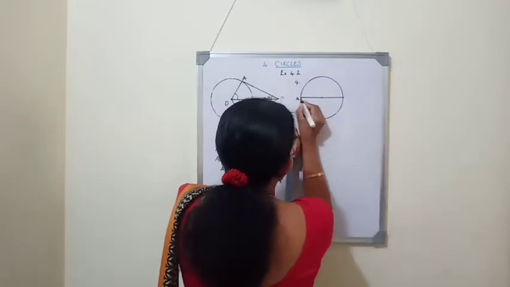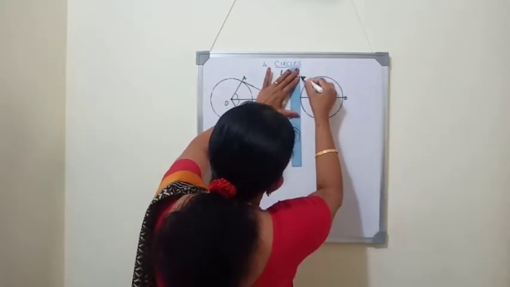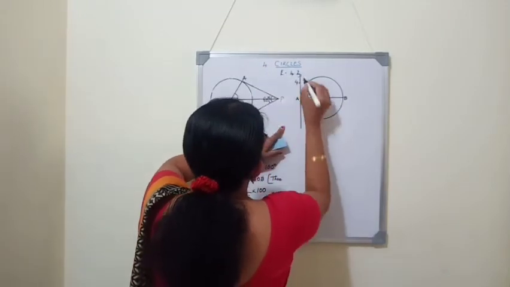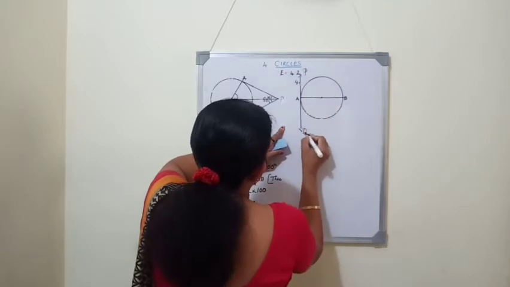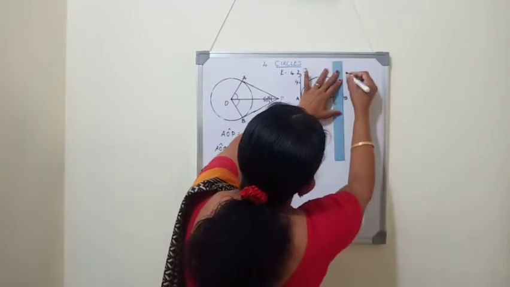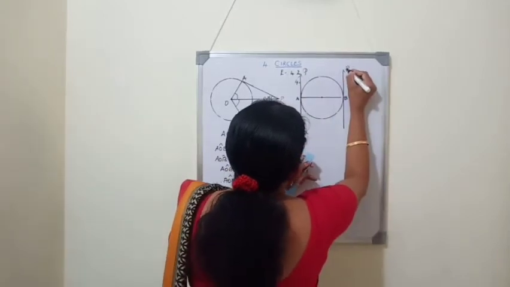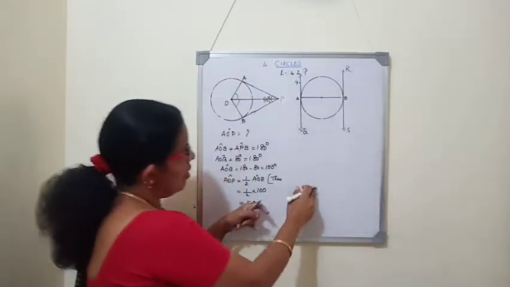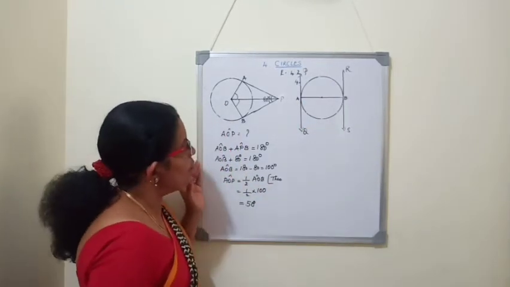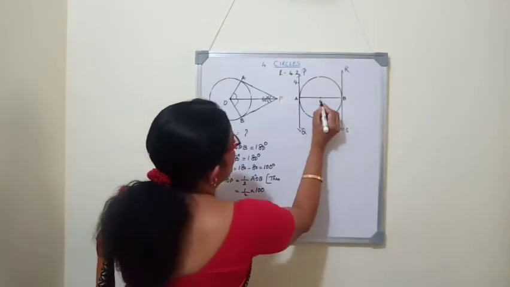That means if AB is the diameter, we have to draw two tangents, one at A and one more at B. So here one tangent, let it be PQ. PQ is a tangent. Point of contact is A. Now one more tangent, RS. So here AB is the diameter, PQ and RS are two tangents. We have to prove that these tangents are parallel. So O is the center of the circle.